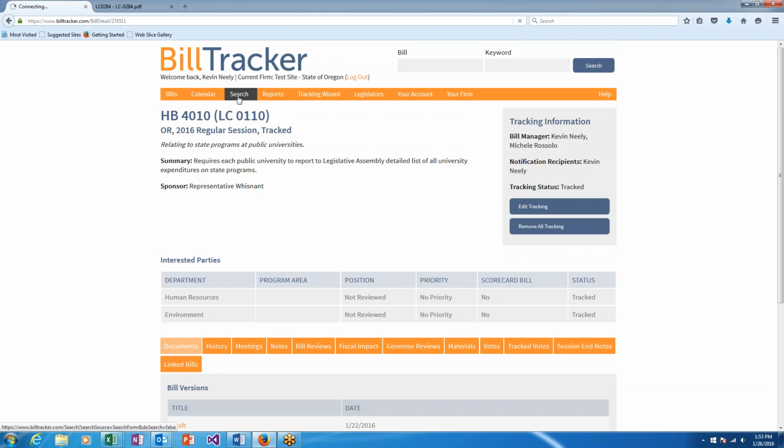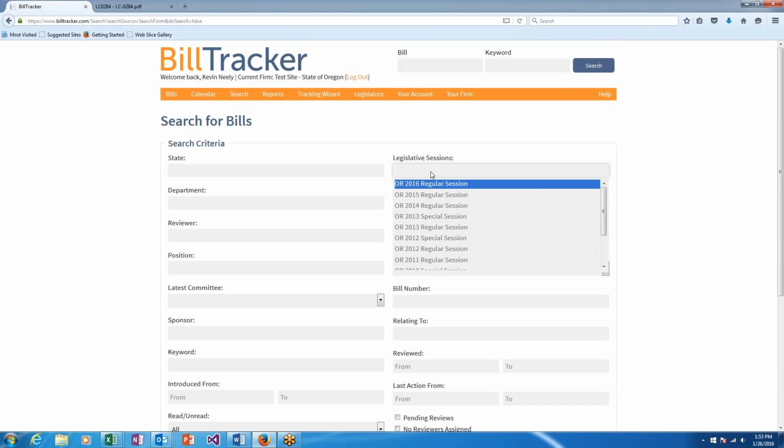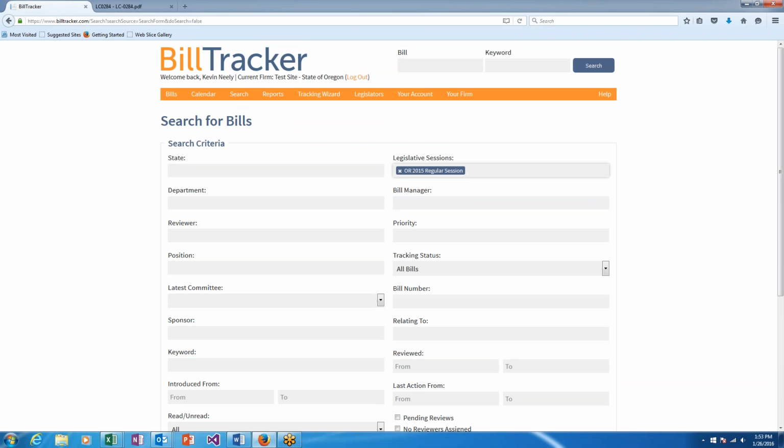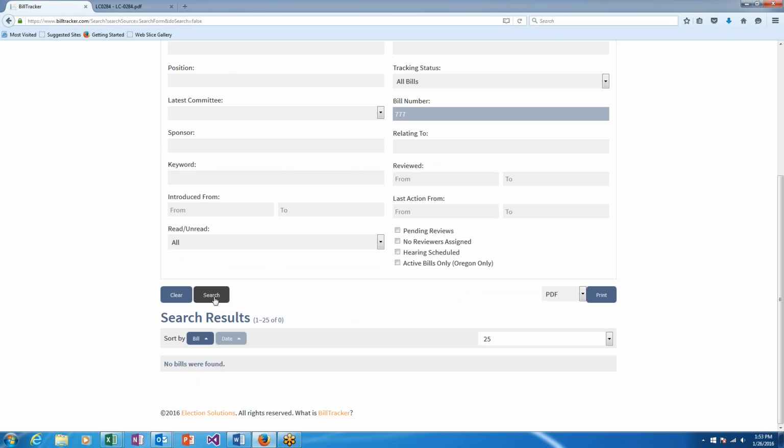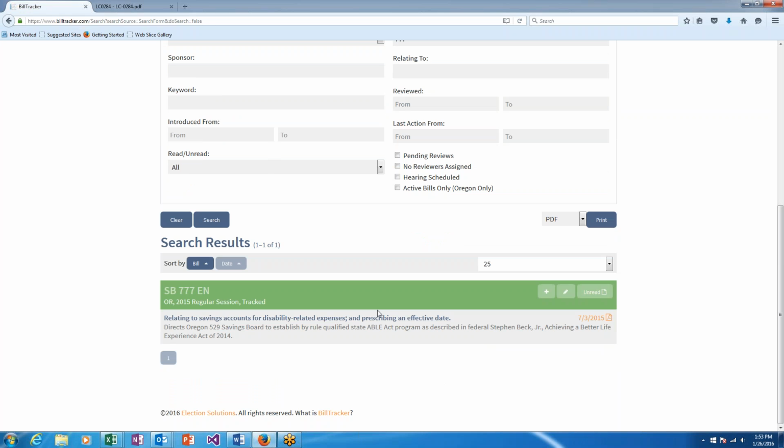So to do that, I'm going to pop into search here real quick, go back to the 2015 session, and in this case, I just want to pull up a bill that I know has information, House or Senate Bill 777. I'm going to search for it. There it is, and again, I'm going to click on the bill number itself to take me into that bill